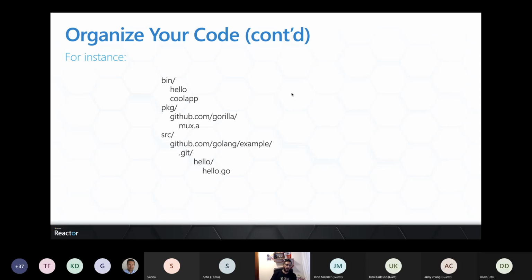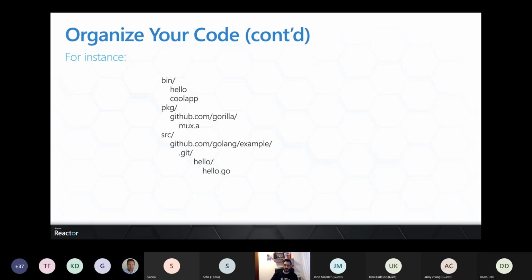in Go. Whereas you can see here that in my source code, I'm going to have this github.com Golang example. That's going to be the project, so to speak. And you can see here that we have a folder and we have a hello.go. Every file that ends with .go is going to be the source code for a Golang program. Okay, so keep that in mind. So that's basically how you're going to have to organize your code, and that's what we're going to be doing in a moment to create our first application.